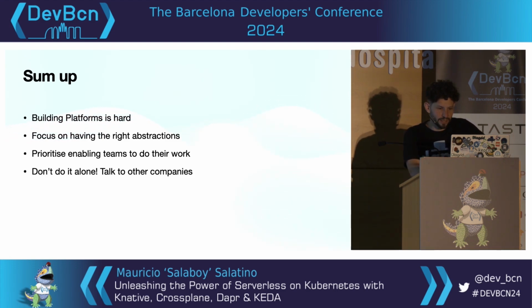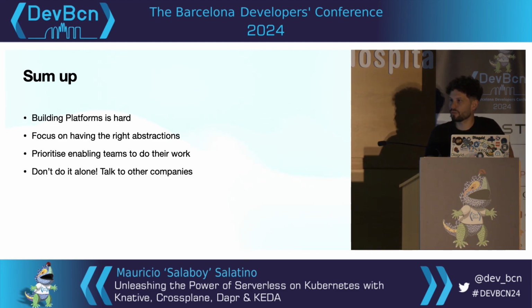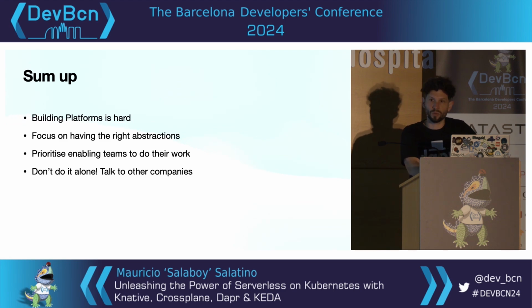And I keep saying this because I think that it's the most important topic. You need to build your own abstractions and you need to focus really, really hard on what to expose and what not to expose to your teams. If you want to simplify their job, you just need to make sure that you have that right. And again, platforms are not about adopting technology just for the sake of adopting technology. Just try to measure if you are simplifying the life of users or not. And in order to do that, you need to prioritize what are the challenges that they are facing. So adding Crossplane because you like Crossplane will not make sense unless they are having an issue with provisioning infrastructure.